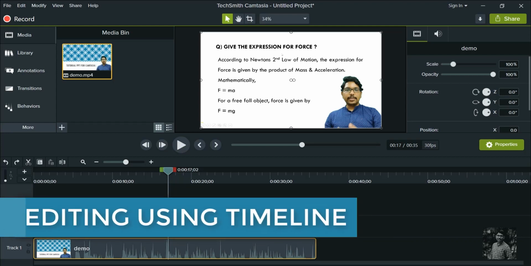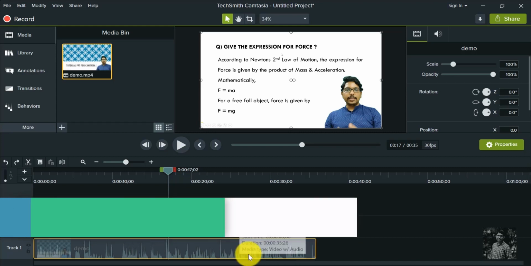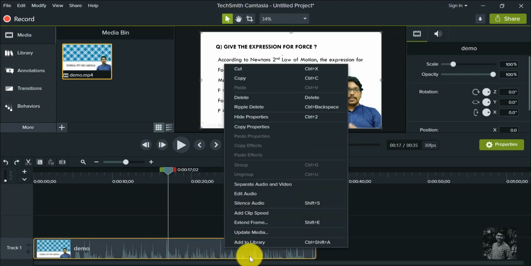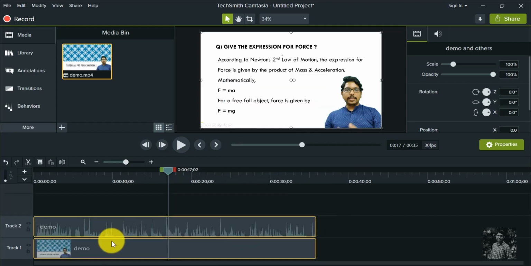So now let's see how to do the editing part. Okay, here's my track, imported track, in which both audio and video are embedded into a single track. Okay, if I want to edit the audio part only, I don't want to edit the video, but I spoke some mistake in the audio part which needs to be edited. In that case, both tracks need to be separated. To do that, what I'll be doing is just right click on the track and click on separate audio and video. Automatically the track gets separated, giving us 2 tracks. The track 1 is video track and the track 2 is audio track.